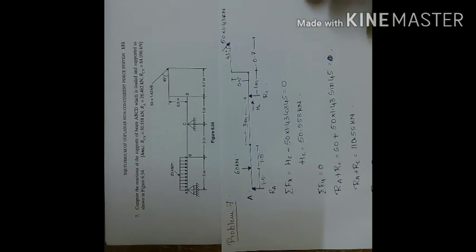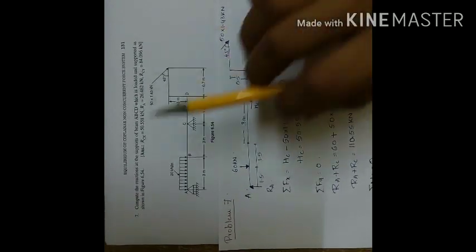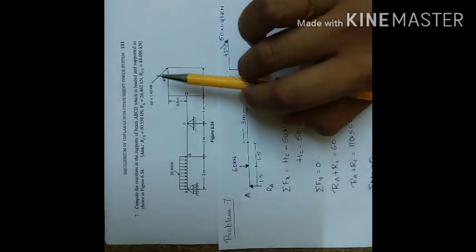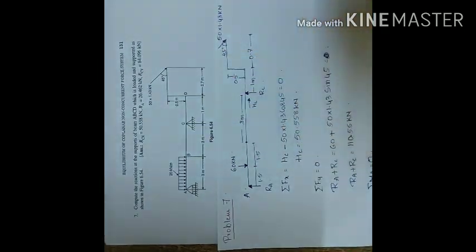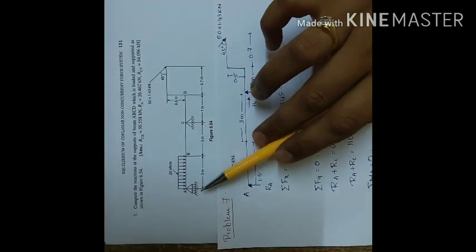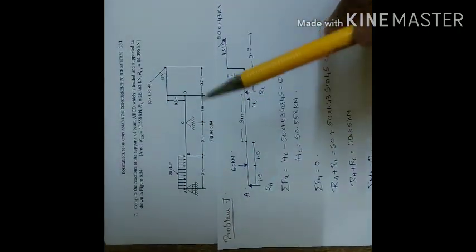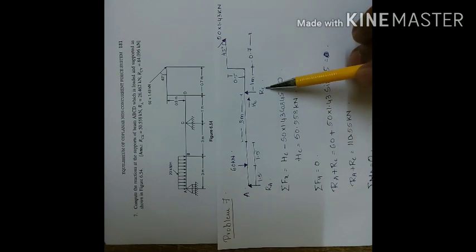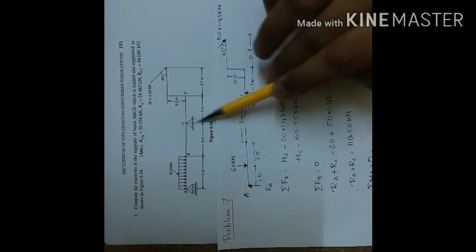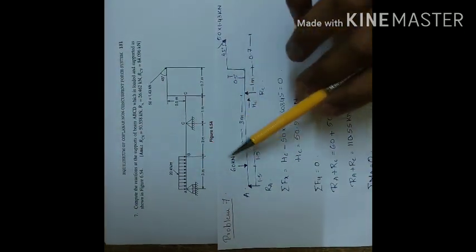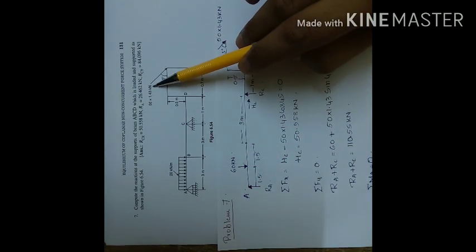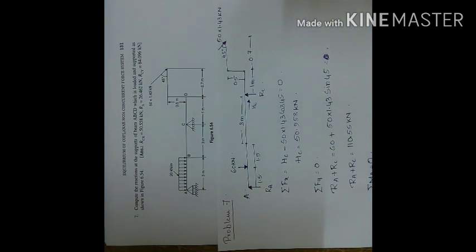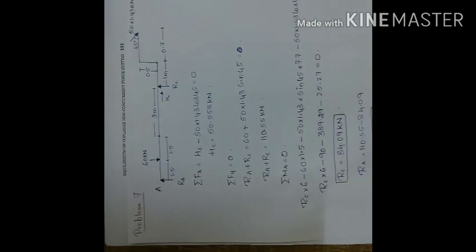Next part we need to calculate, the next question. Here the beam is given, which is inclined. We need to calculate all the horizontal forces and vertical forces again. First the free body diagram: reaction at A, and HC and RC you can see here. A hinge is given here, with vertical and horizontal reactions. The UDL force is converted into a point load, and the inclined load is 15 to 1.43. The designation is just changed, but the method remains the same. Nothing changed in that.